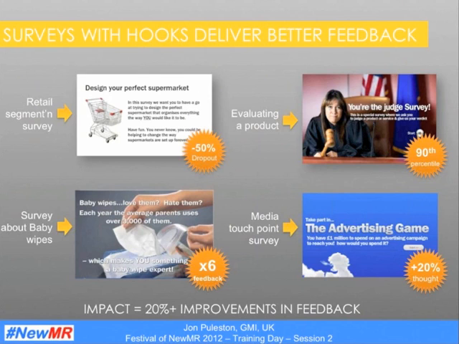The next example is asking people to evaluate a product, which is a very common thing people are asked to do. We developed a mechanic where we ask people to imagine that they're the judge of a product and the product's on trial. In that framework, people really do enjoy the process a bit more, and we can push up enjoyment, and with that the quality of feedback we're getting. The third example was taken from papers we did a few years back, where we were looking at how to get people to talk about their feelings and attitudes towards using baby wipes.